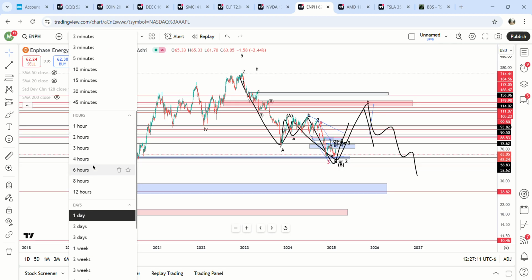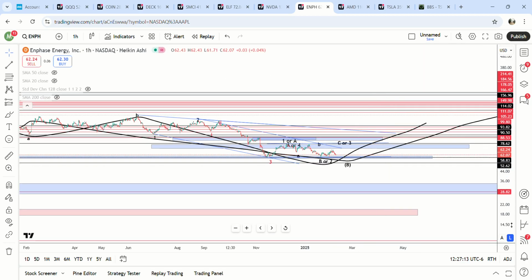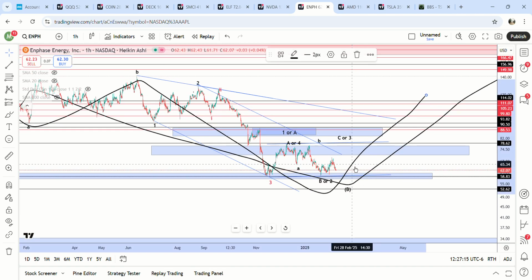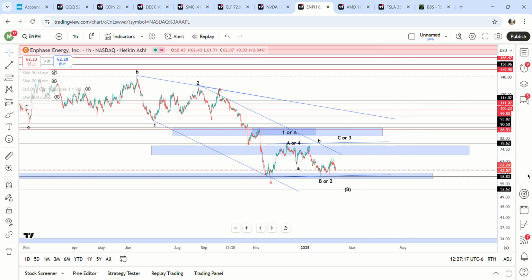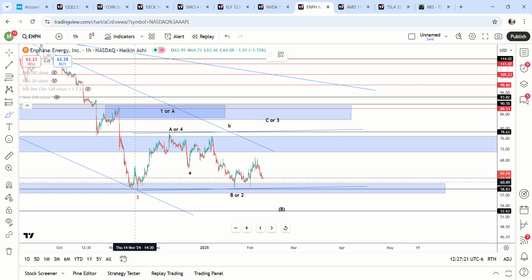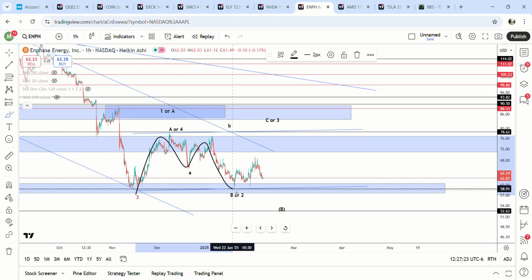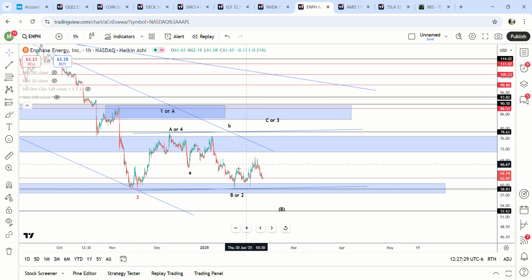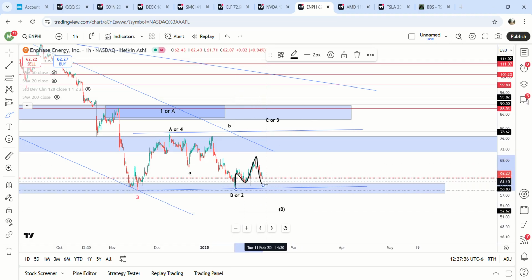We're probably in a diagonal here now that it invalidated. The original thought was this is a B wave. So A, B, C, B, 1, 2, 3, 4, 5, C. Instead, we go up there, we make a 3rd wave, we hit the 1.61 fib, and then we come straight back down. So unless this is some kind of expanded flat and we do end up going like this up here,